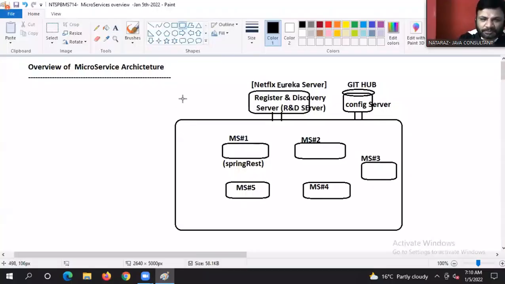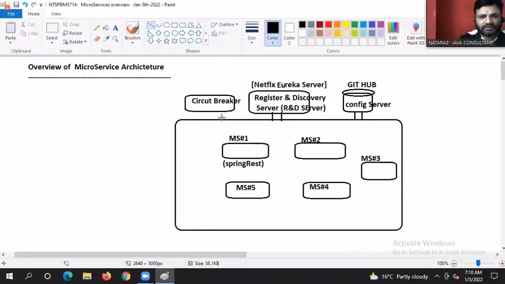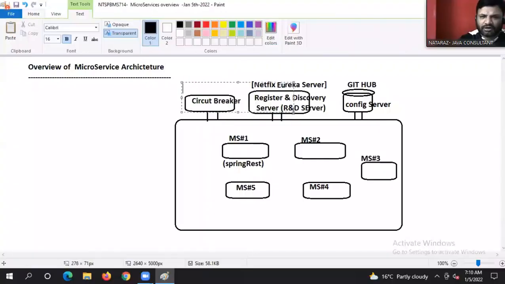So for that purpose, there is one more concept called circuit breaker, guys. And there is a product called Netflix Hystrix. What is that? Netflix Hystrix is there.